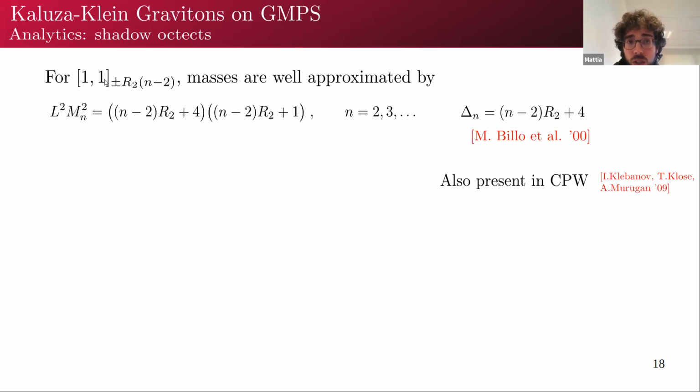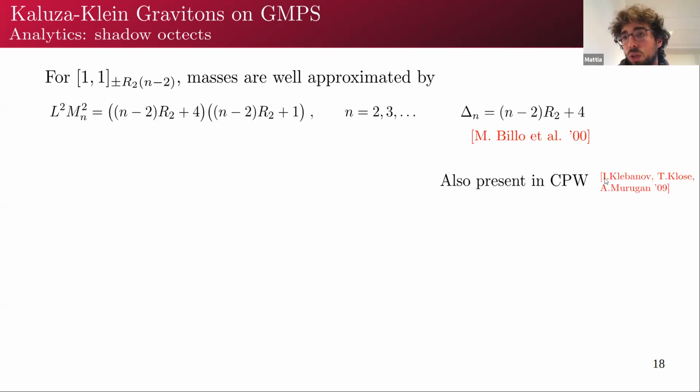Now, these states are not short, but as Billo and I think Frey and some others argued in a paper from the 2000s, despite not being short, these states nevertheless have protected dimensions because they are shadows, so to say, of the massless octet at level 0. What they mean is simply that there's a hidden underlying relation: if one computes explicitly the Dirac mass operators and wants to solve everything explicitly, there's a hidden relation between the conformal dimensions of these states and the conformal dimensions of short states. So although they are not short themselves, their conformal dimension is protected.